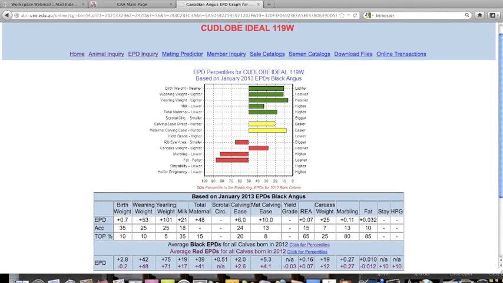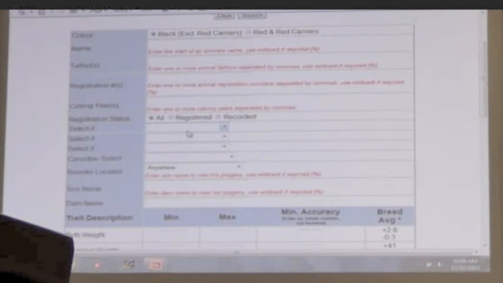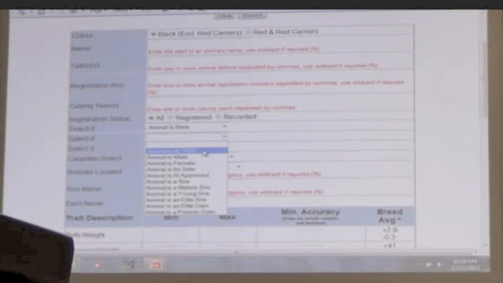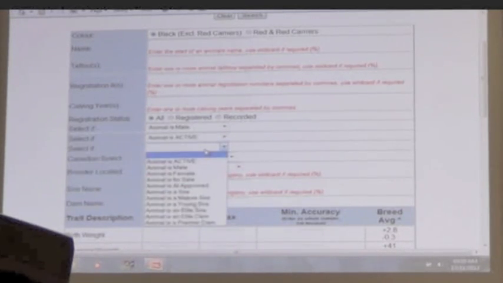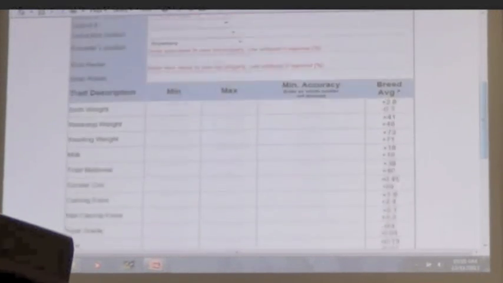The other tool that we have for our members, and this is a great tool for commercial customers. When commercial Angus genetics users call me, I often forward them to this. If they're looking for an animal that meets their requirements, they can go to the EPD inquiry page under herd book. They can look for an animal that's a male, that's active. If they're going to a specific sale, they can look for an animal that's owned by that breeder. If they're interested in a specific sire, they can actually dictate what sire they want. So I just looked up UGA in the example that I showed you below. So I'm going to say, go ahead and find me any UGA animal, and then I'm going to give you some